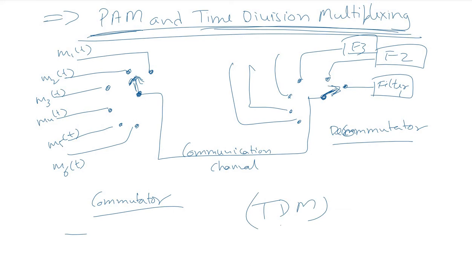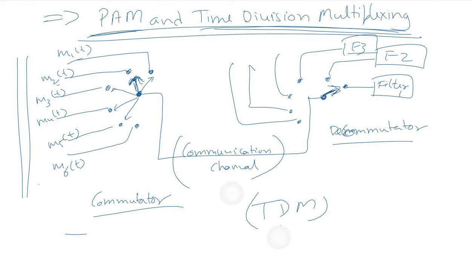The advantage of the sampling process principle is that we can time multiplex various band limited signals on the same channel. We are using the same communication channel and we are multiplexing various band limited signals over the same channel. So at the transmitting end, you can see there are a number of band limited signals that are connected to a contact point of this rotary switch. This is a kind of rotary switch which can be connected to any of these junctions. Okay. So at this transmitting end, a number of signals are connected to this contact point through the rotary switch.